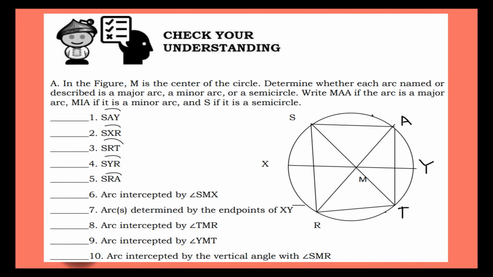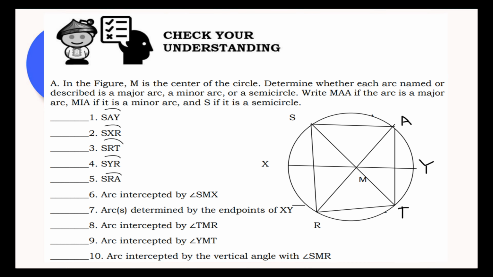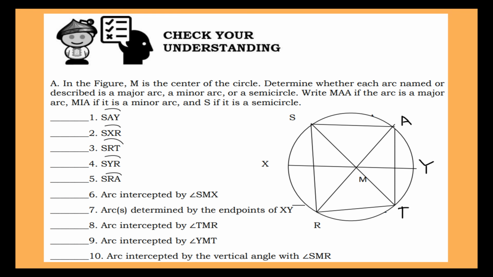In the figure, M is the center of the circle. Determine whether each arc named or described is a major arc, a minor arc, or a semicircle. Write MAA if the arc is a major arc, MIA if it is a minor arc, and S if it is a semicircle. In number 1, arc SAY